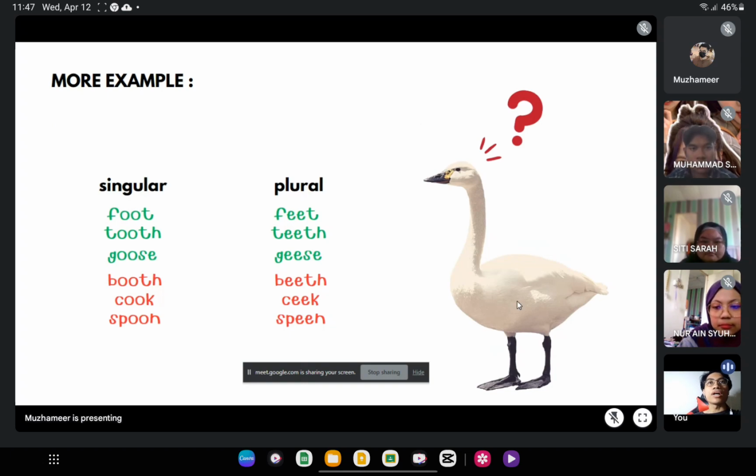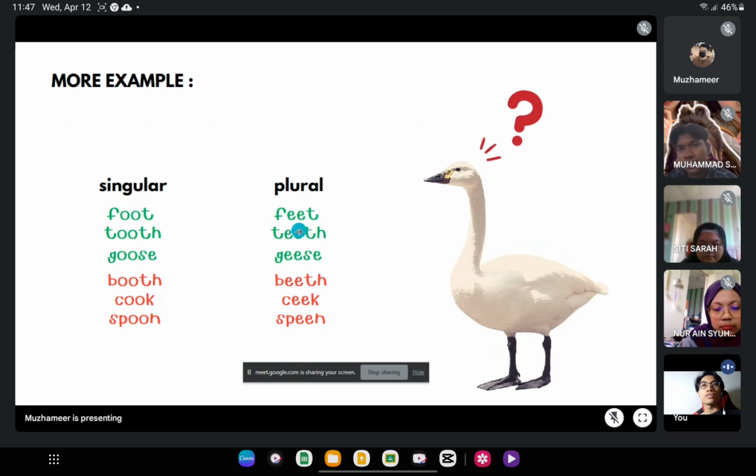So, according to the people who believe in this kind of false analogy, if the plural of foot, which is singular, is feet, and the plural for tooth is teeth, and the plural for goose is geese, using this kind of weak analogy, they might think that if a word has two O's in the middle, then if it is pluralized, it will be